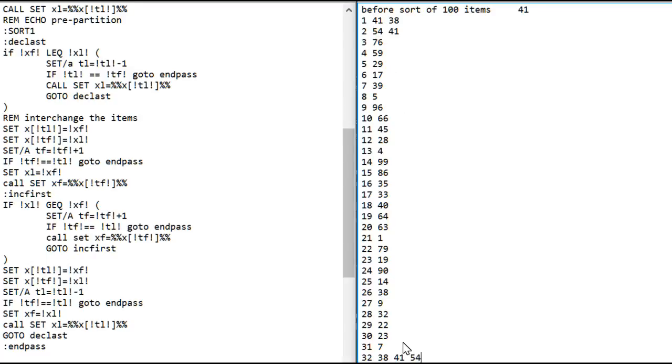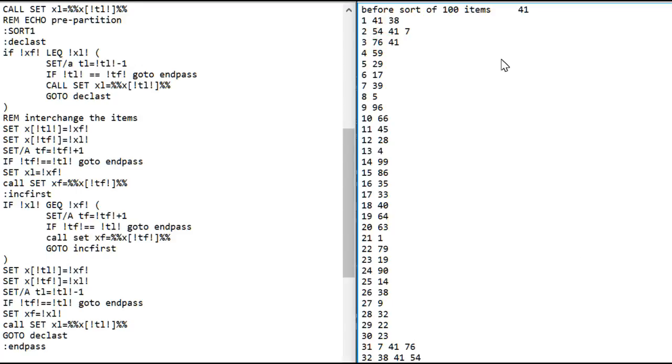We're going to go into the loop where this is our initial guy. So now we're going to be looking at the bottom one and bringing the index up. So we're going to look at 7, and sure enough, we're going to switch again. We're going to switch 41 and 7. And now, this is our reference guy, we're going to bring it down from the top. So 76, 41, we're going to switch them again. So we're going to keep switching them back and forth until the